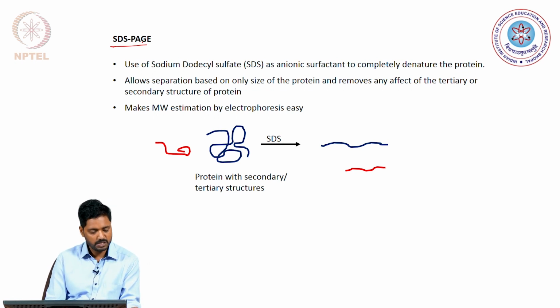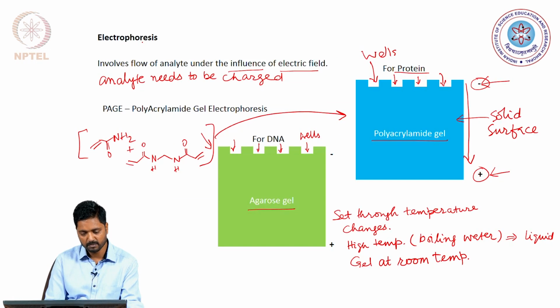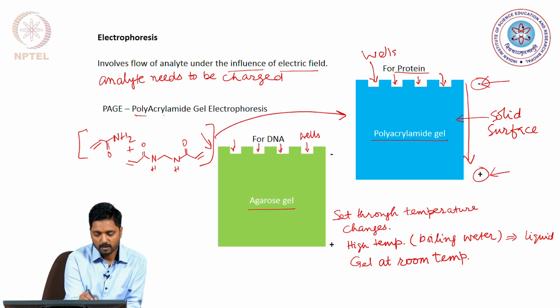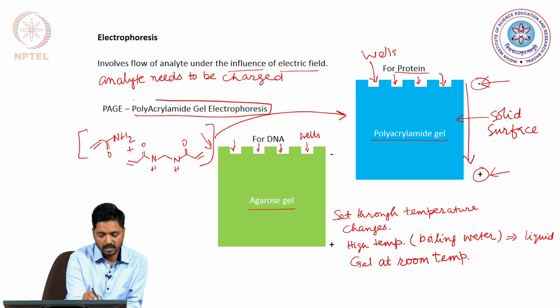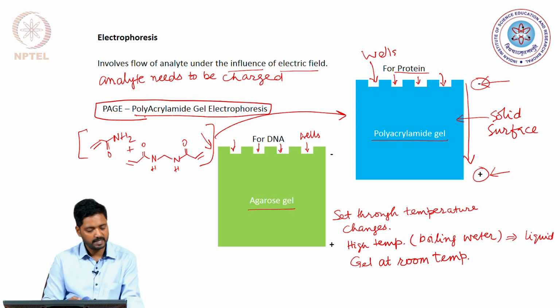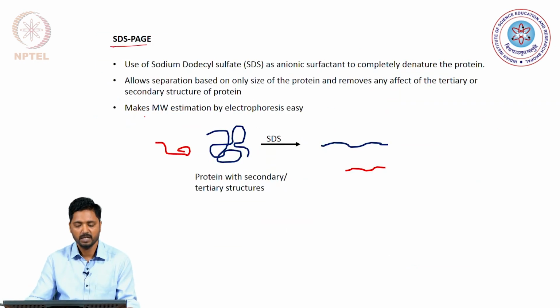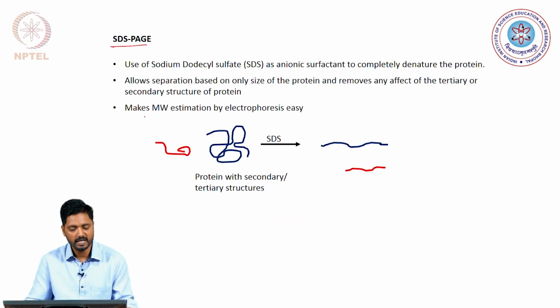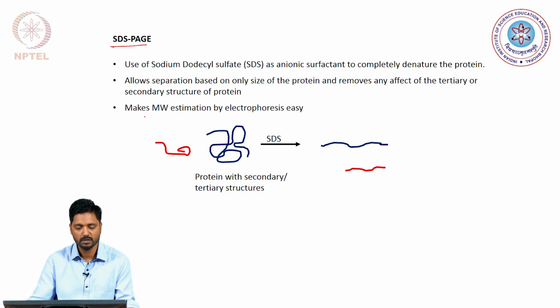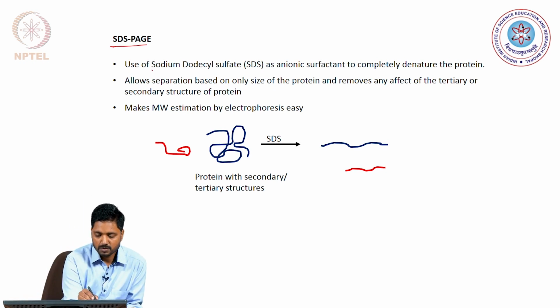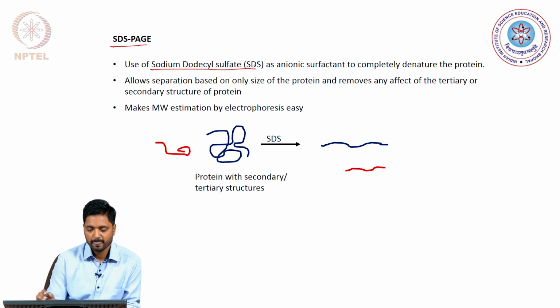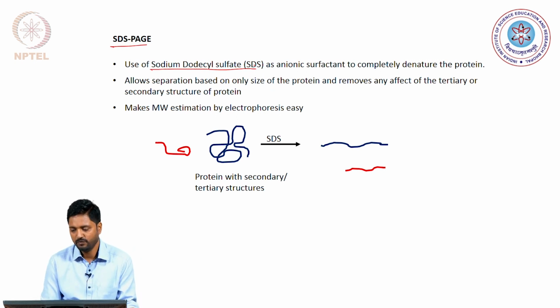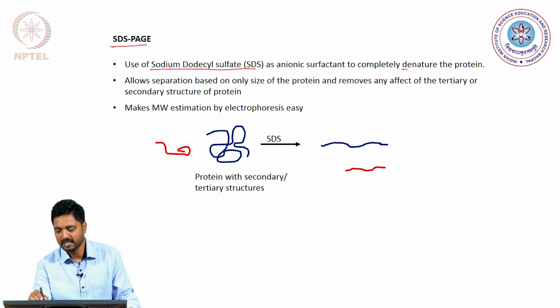So, PAGE is an acronym that is used for polyacrylamide gel electrophoresis, and SDS-PAGE is a refined version of the same polyacrylamide gel electrophoresis, where we utilize sodium dodecyl sulphate as the anionic surfactant to completely